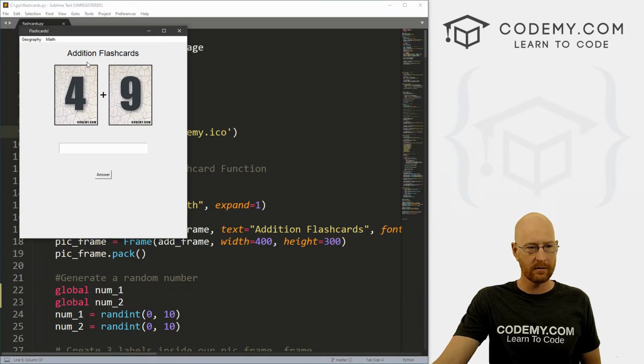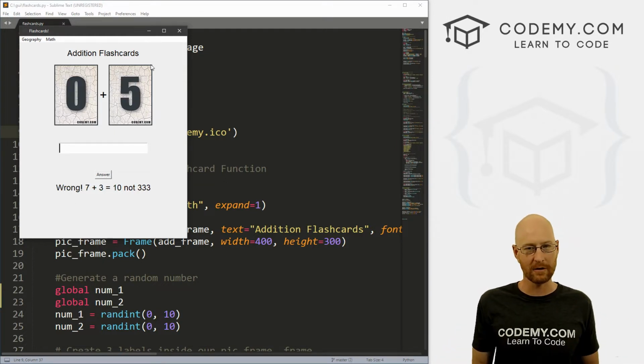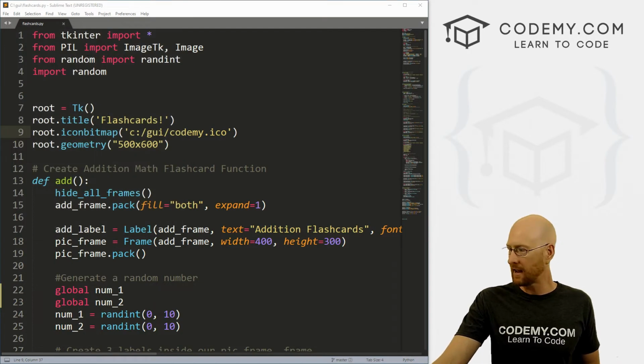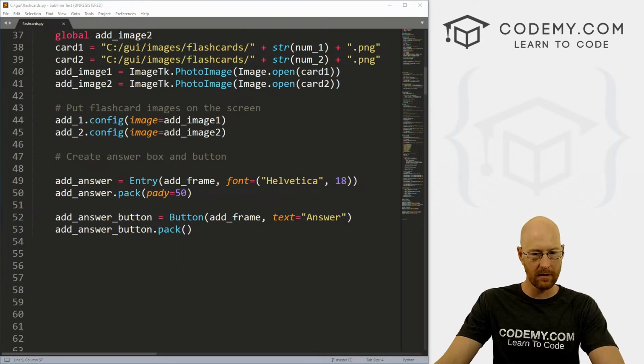Okay, so we've got our flashcards. Now we want to be able to actually make an answer and then see if we got the correct answer or not, wrong, and then flash up some different flashcards on the screen, and that's what we're going to do in this video. So all right, let's head over to our addition function here, and down here at the bottom